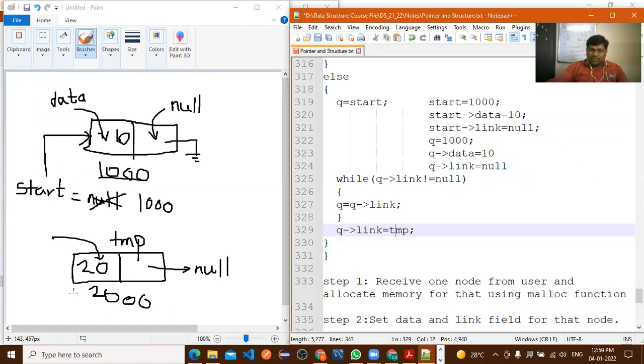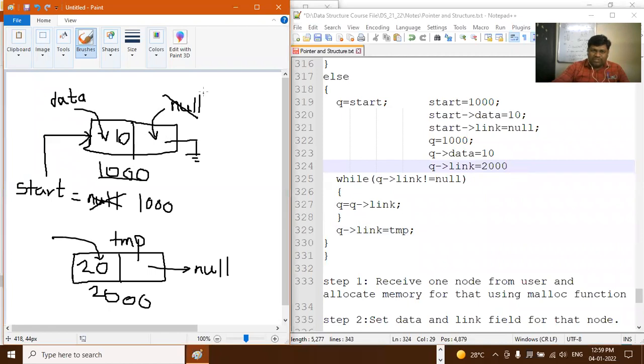1000. temp. आता ही दुसरा temp create झाला. हा 2000. assign झाला already. 2000. हा पहिला 2000. temp आता start ला assign झाला. 2000. So here the Q of link is get changed instead of null. So what is the value here? 2000. 2000 means, so instead of this null, आता या null च्या ठिकाणी काय येणार? आता हा temp कुठे जाईल? Where it will goes?